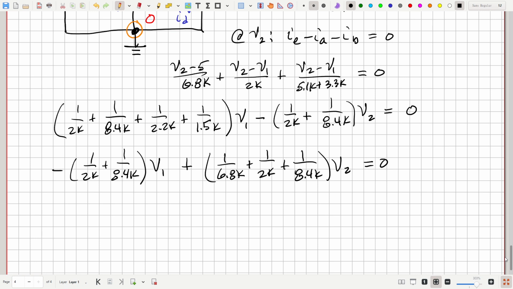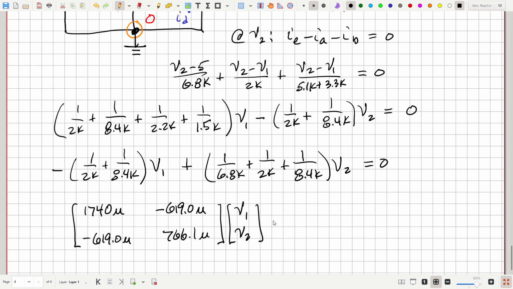in two unknowns. And so if we just punch out all these numbers in a calculator, we get to four significant figures: 1740 micro, and this is a conductance, so it would be micro Siemens, minus 619.0 micro, and down here it's a symmetric matrix, so minus 619.0 micro, and then the G22, this guy here, is 766.1 micro, and this will all be Siemens, but we don't put the units, times V1, V2 is equal to